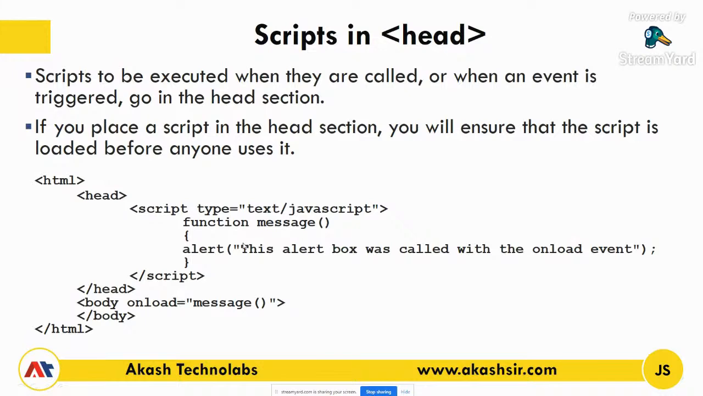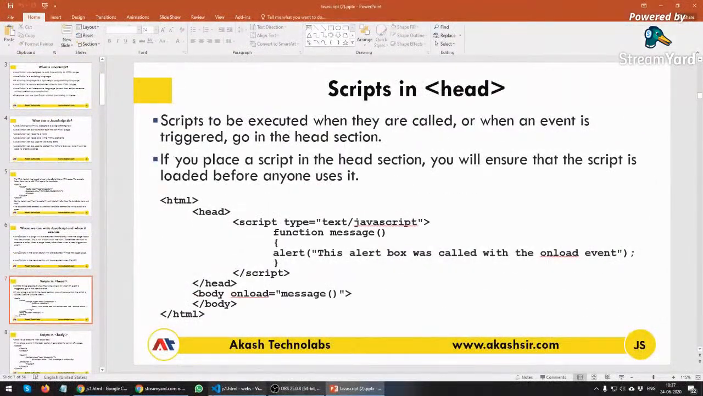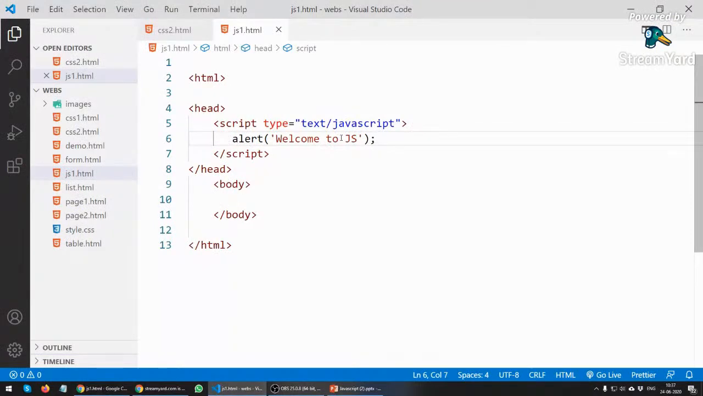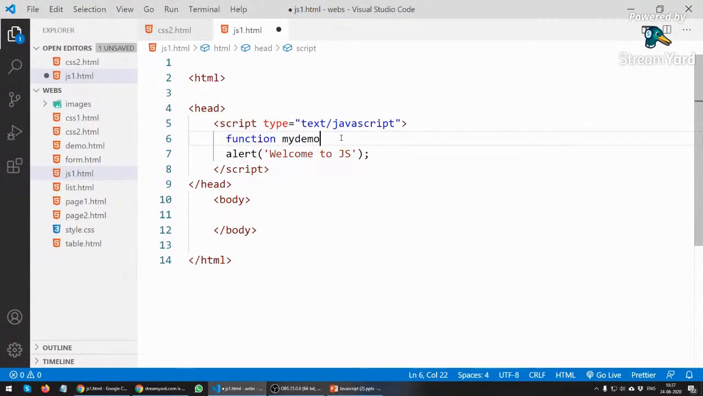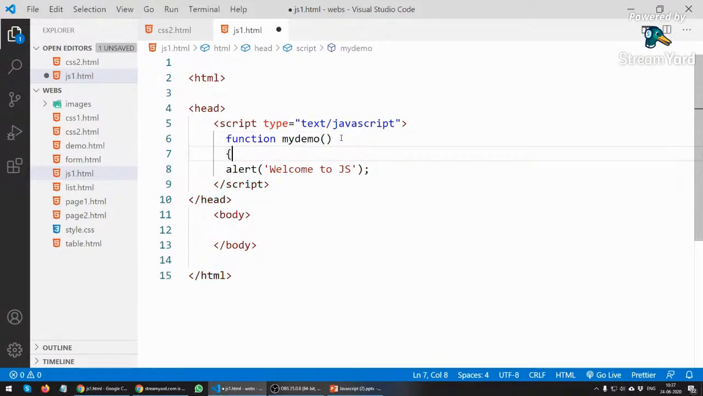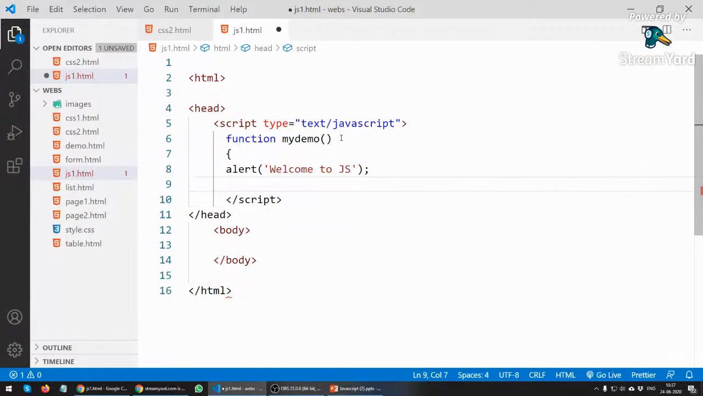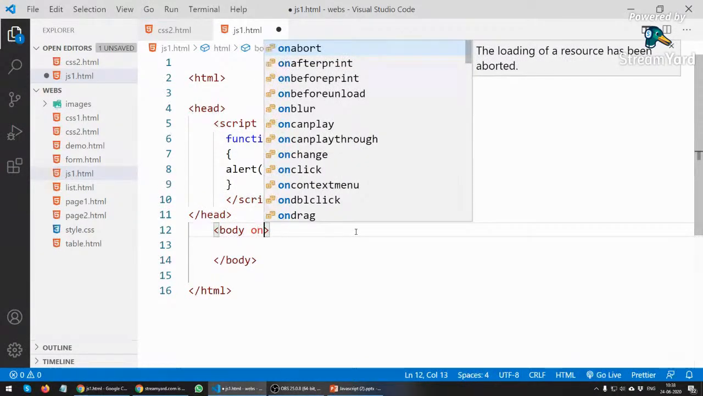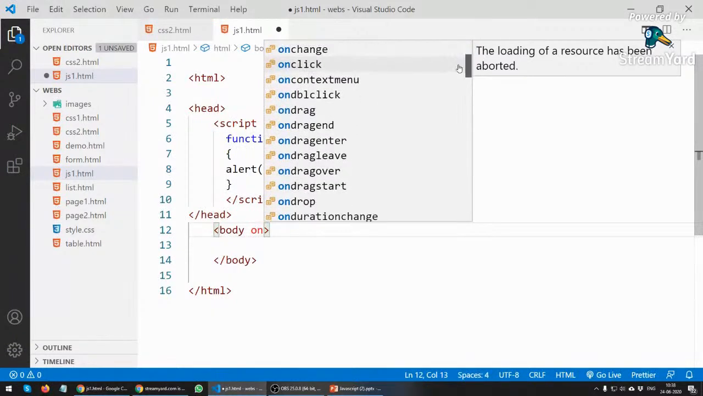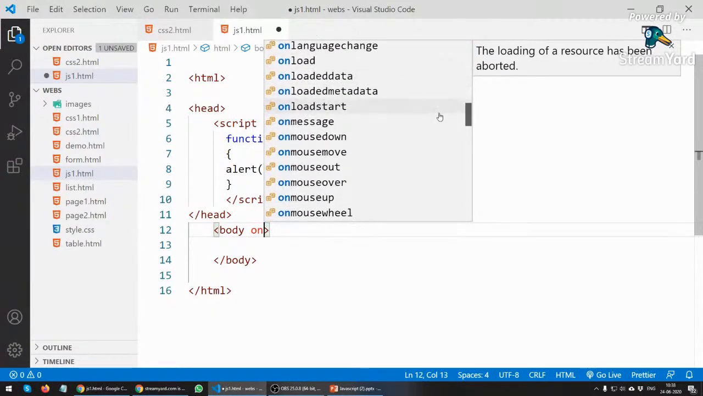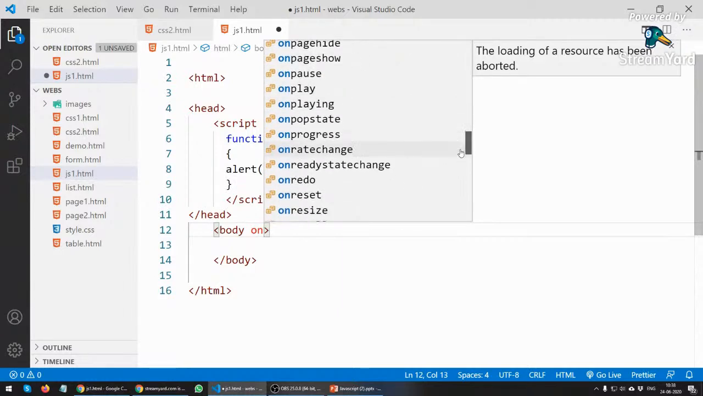For example, I will simply define one function over here, function myDemo, right? This is my user defined function. If you want to call this function on button click, simply you have to call this myDemo, right? And on body load, in JavaScript we have various inbuilt events: onclick, onchange, onblur, onmouseover, ondblclick. Today I will give you a demonstration with the help of jQuery. You can see there are lots of methods there. onplay, onpause. Okay,